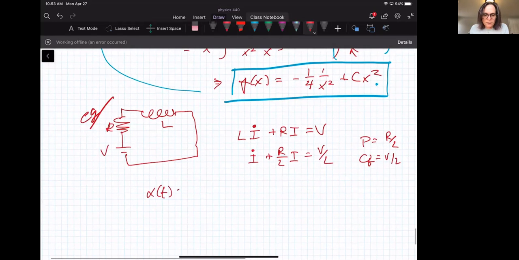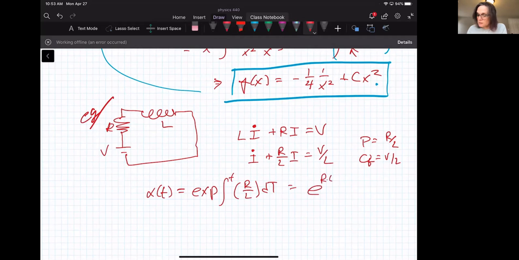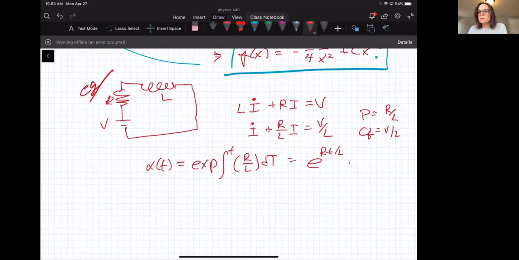Then our alpha of t is equal to the exponential of the integral over t of R over L dt, or e to the RT over L. Then if we go to our version of B.21,